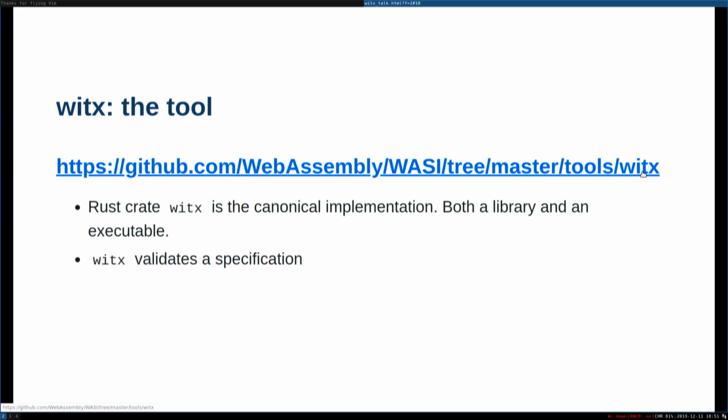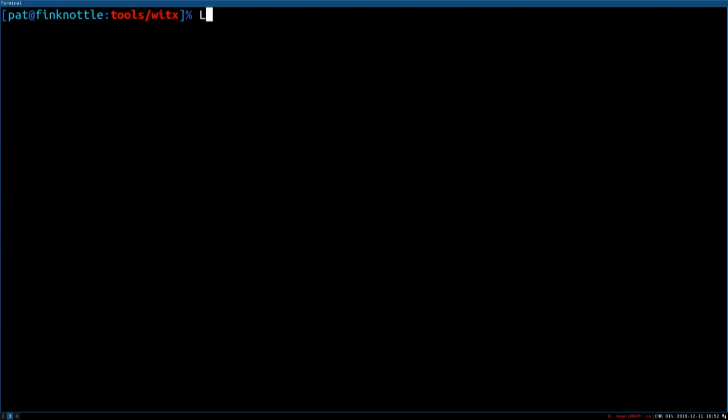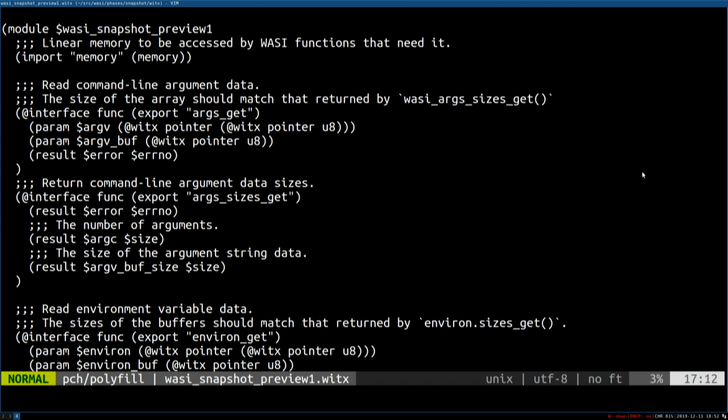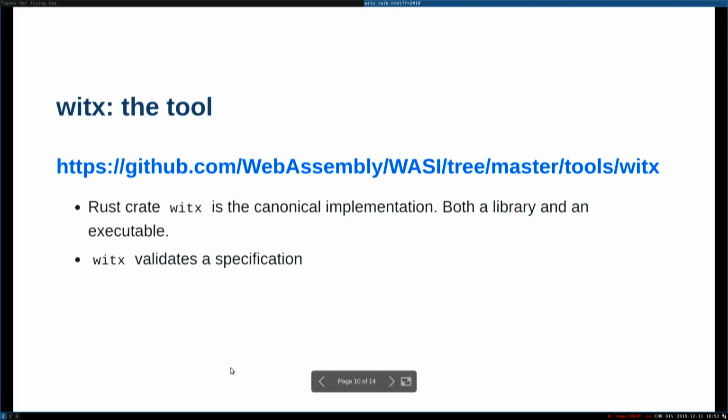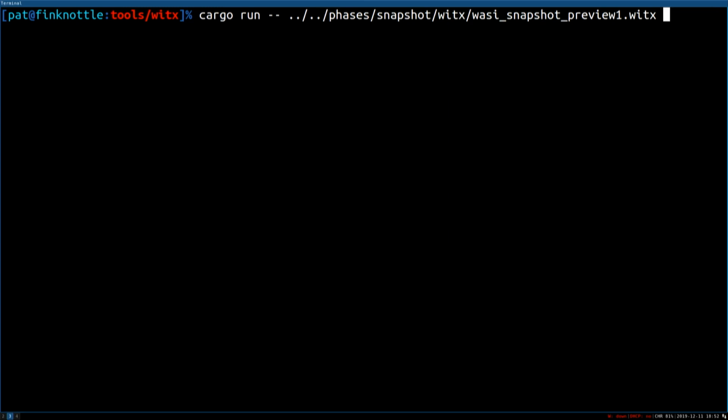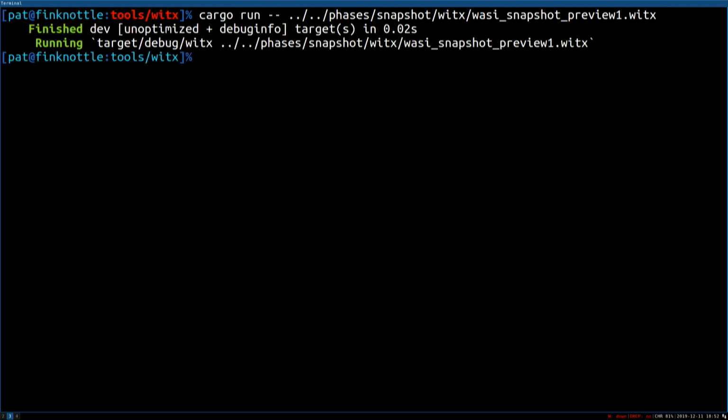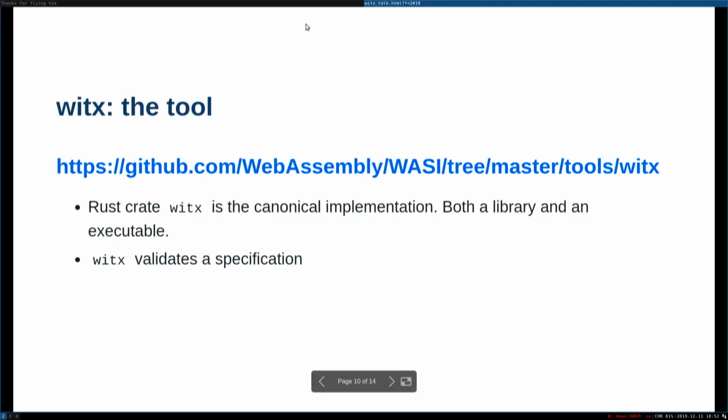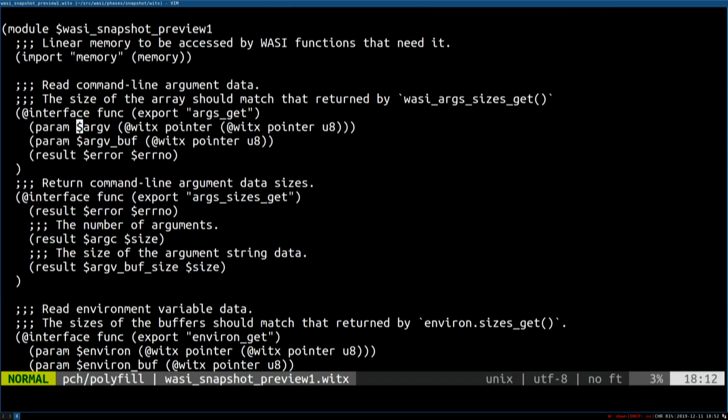So if you use the tool with just its bare name, WitX, and you pass it a specification file, it's going to validate that spec. And so what does that look like? Oh, I gave it away. So here we have the current specification of WASI. I'm using cargo run just to run the version that's locally on my machine, but instead of that cargo run --, you would just pass WitX. And then here's the spec file relative to where the tool is. And that's going to say, I compiled the program, and I ran it, and it gave me no output, which is good. No output on Unix means you got everything right.